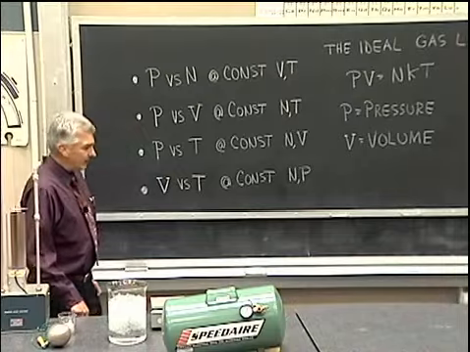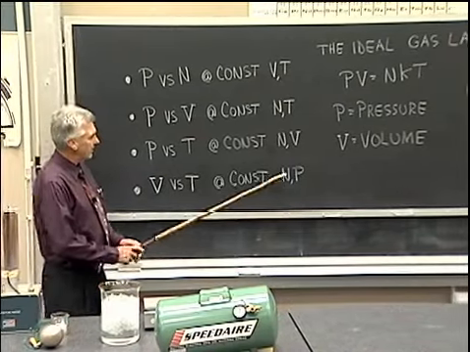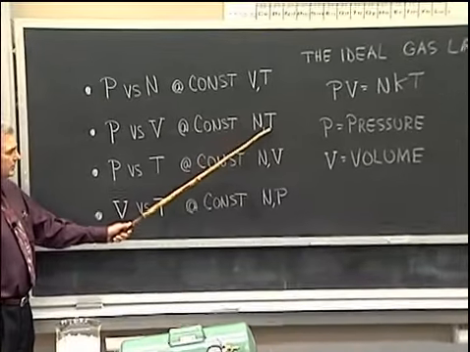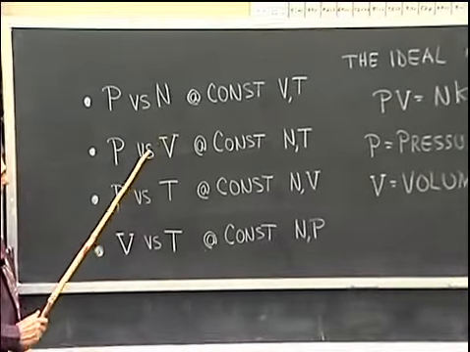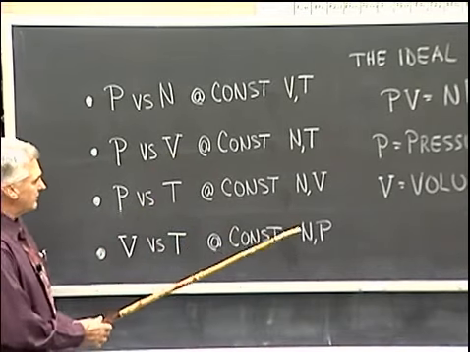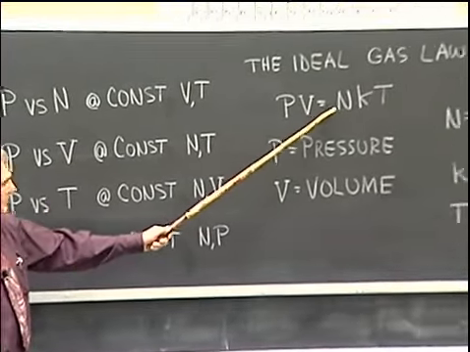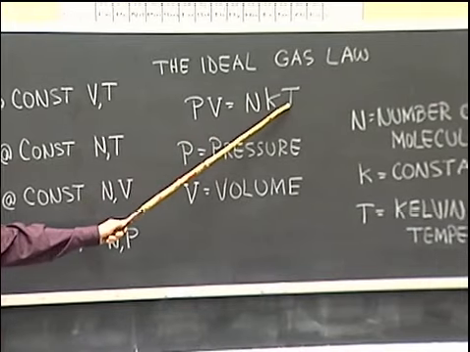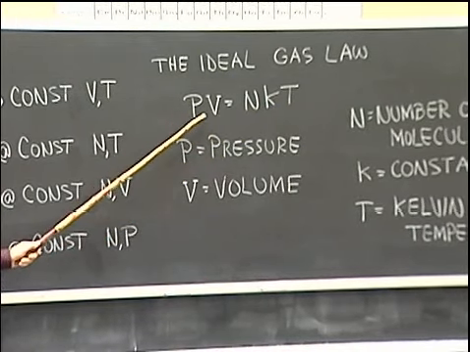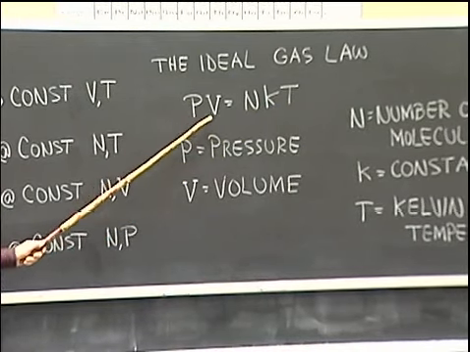Next, I'd like to demonstrate the ideal gas law, where we keep the number of molecules and the temperature constant and let the pressure vary with the volume. Here we see from the equation that if the number of molecules is constant and the temperature is also constant, the pressure and the volume vary in an inverse relationship. I'd like to demonstrate that with the aid of